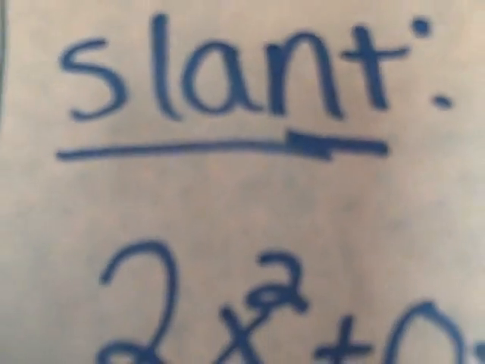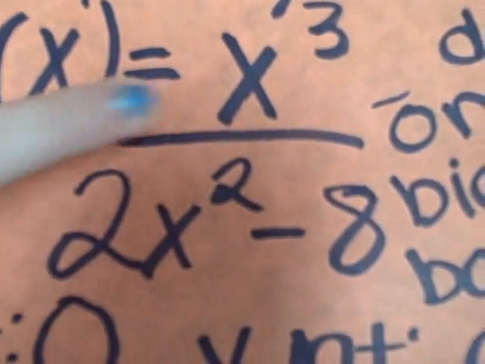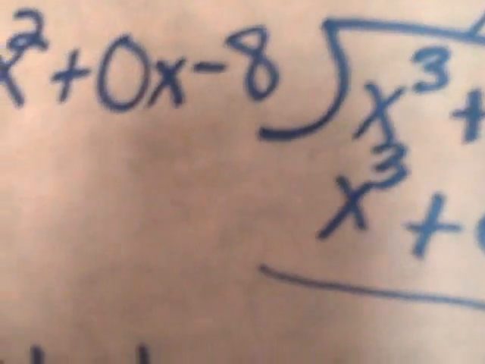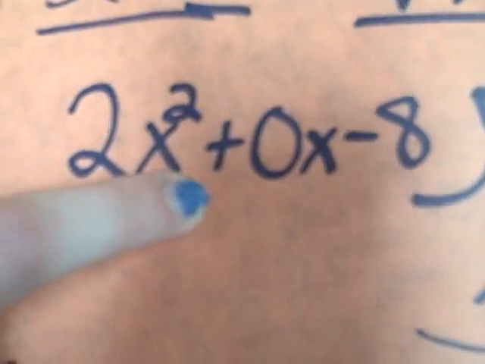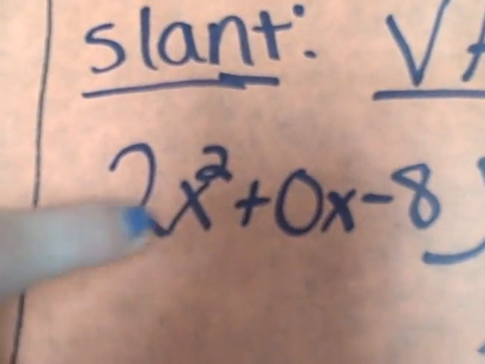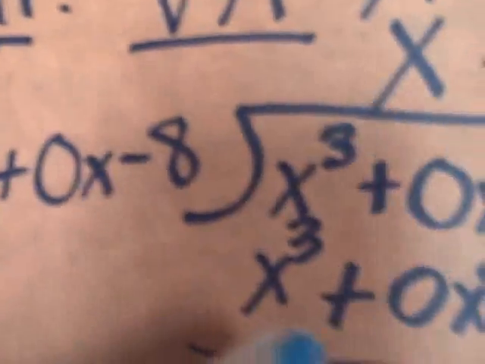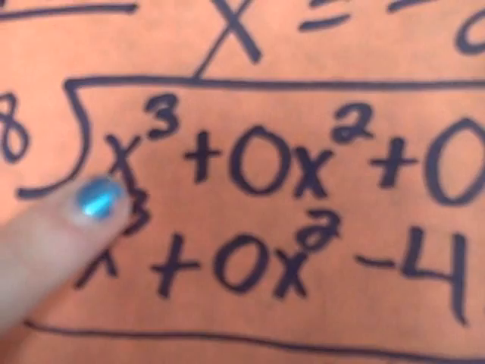So what we're going to do is what we did in a previous problem, where we divide the bottom of this equation into the top of the equation. So we come over here and do 2x squared, and we need to fill this equation in since it was just 2x squared minus 8. We're going to need to do 2x squared plus 0x minus 8. And then over here we're going to divide it into x cubed plus 0x